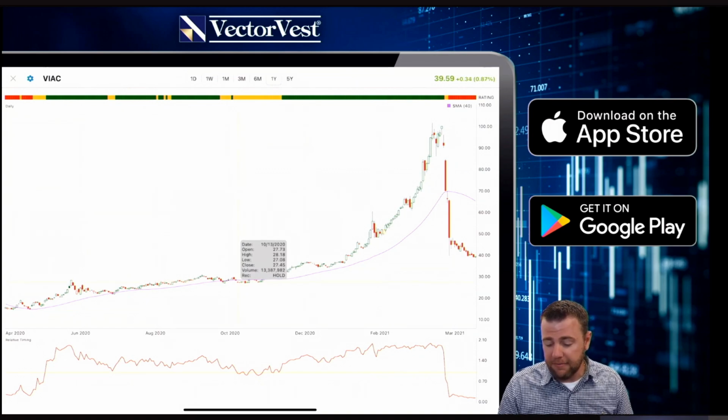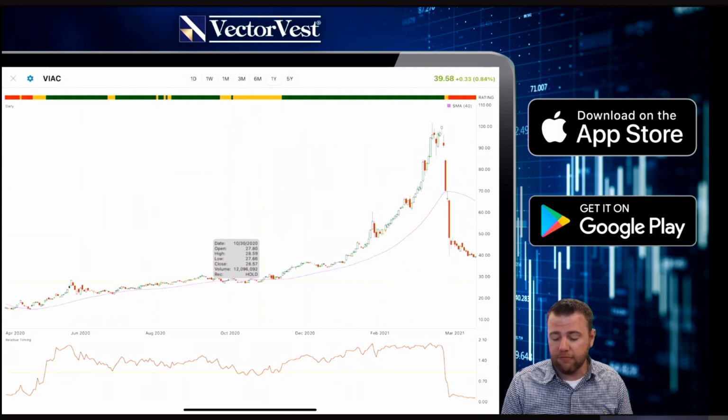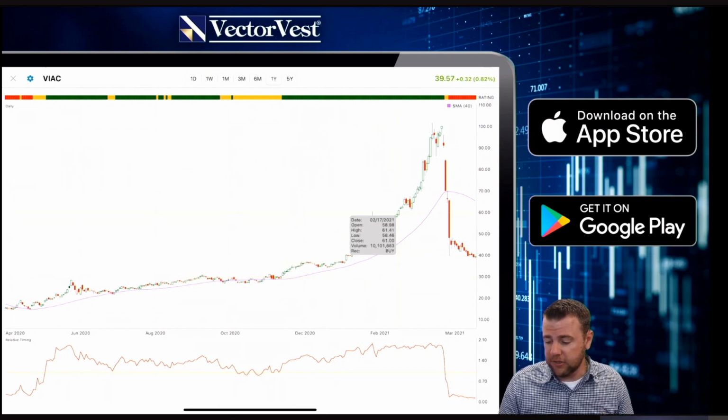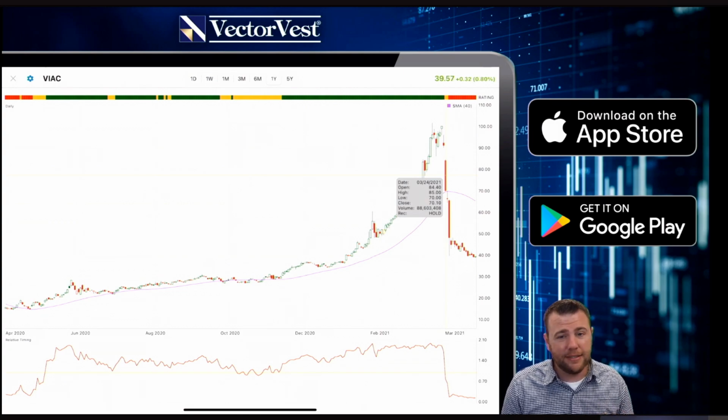We touched it a few times here, but we never actually broke. We broke down below, but then quickly came back, broke down below, quickly came back. It rode pretty much just sideways with it, treating it as a strong support floor. And then all of a sudden you took off, had a really nice run, broke down here on that day, pretty much the same time the RT crossed below 1. Once again, still giving you 2 signals confirming that and getting you out with about a 300% gain, a little